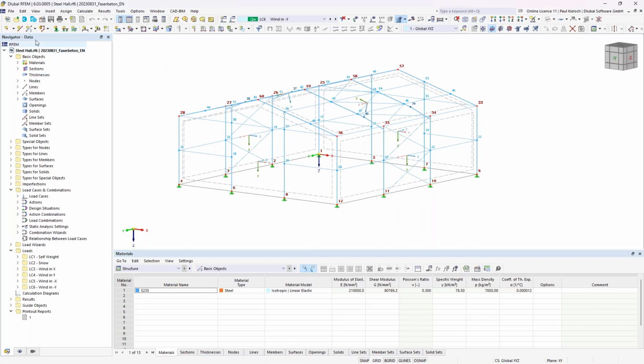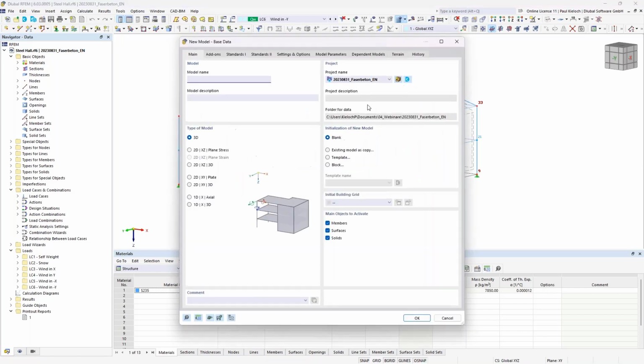So therefore I will create a new file. What's now important is that the steel building and the new file for the slab are in the same project folder in our Dlubal Center. That's important regarding the new option in the load wizard to take over the support reactions as load. I will come back to this topic later and mention this a second time. Now I will just enter the name here. That will be